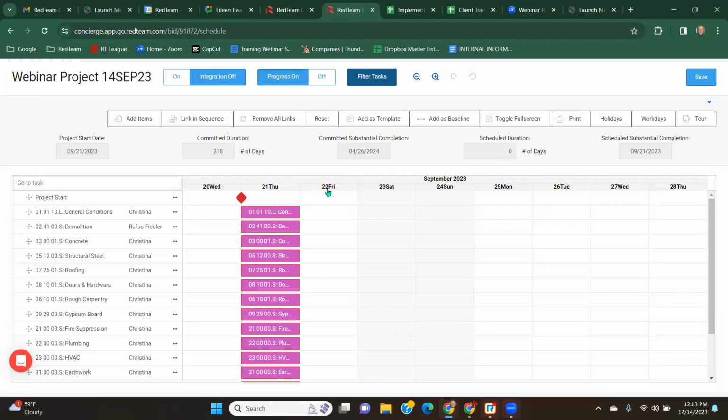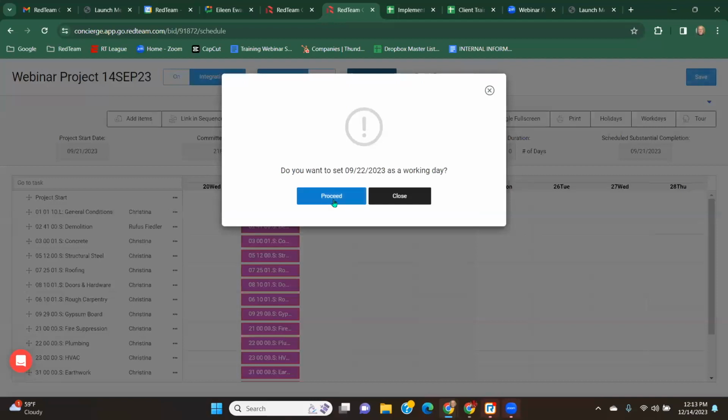But when you look at some of these other days, you'll see that, for example, Friday is white, but then these next two are gray. That's because those are Saturdays and Sundays. So those are designated as non-working days. If we decide that we want to close Friday the 22nd for a company party or picnic or family event or whatever, we can click on the date, the header at the top of the column, and it will ask us,